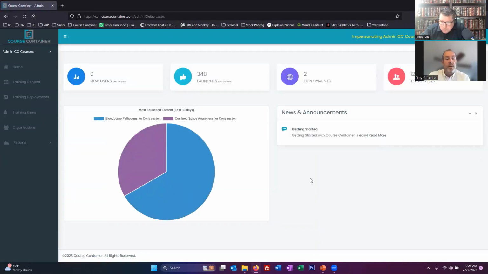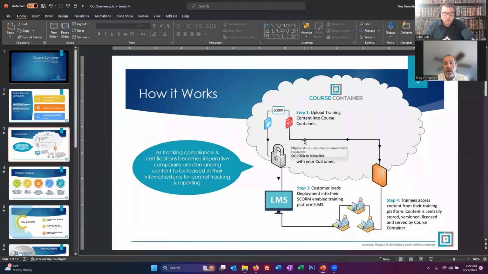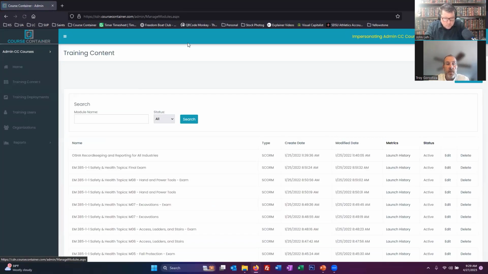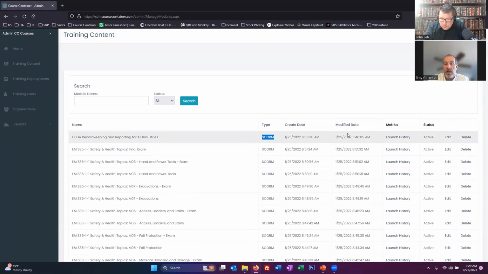Okay, so getting back to what I like to do is I'm going to flip back and forth to a couple of screens. So how Course Container works, the first thing you want to do is upload the training content into the actual Course Container system. So here you can come into training content, and here's a list of all the content pieces that you've ever uploaded, the type of content it is, the create date. If you modified that, you can get in right away to